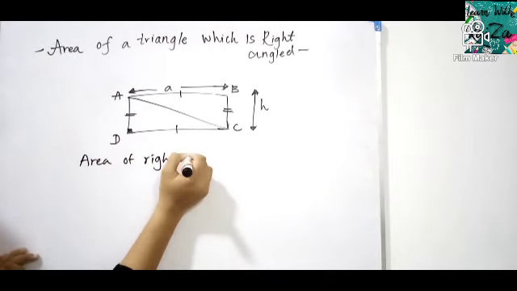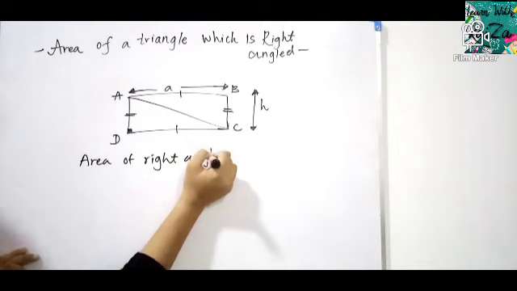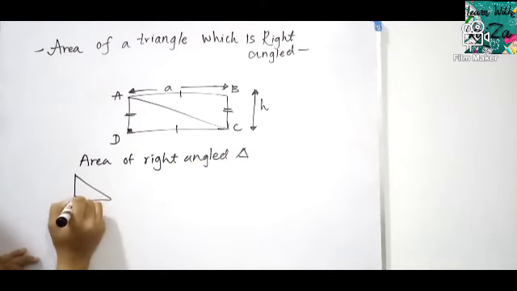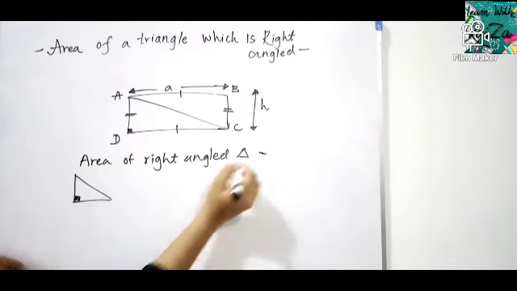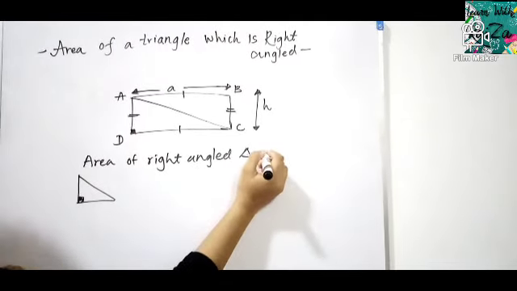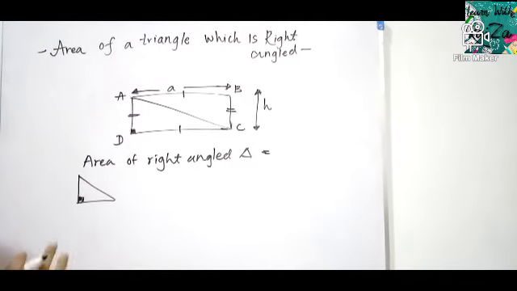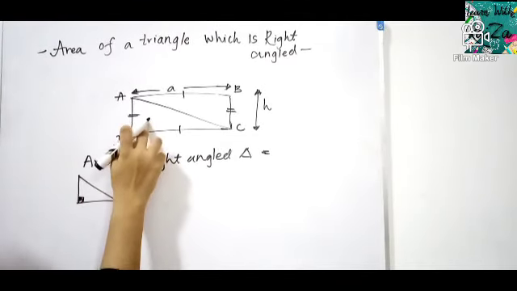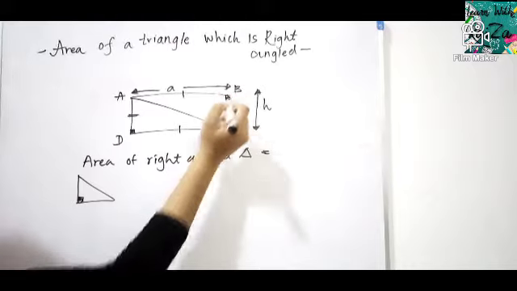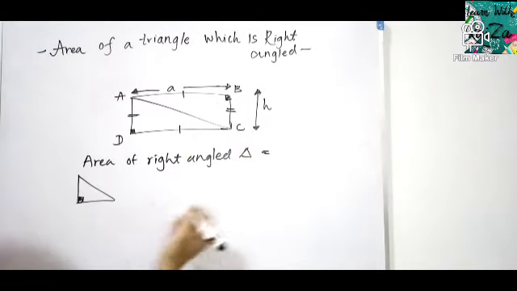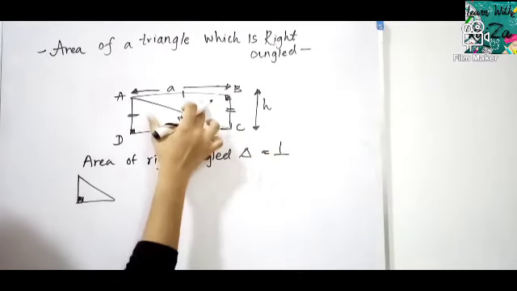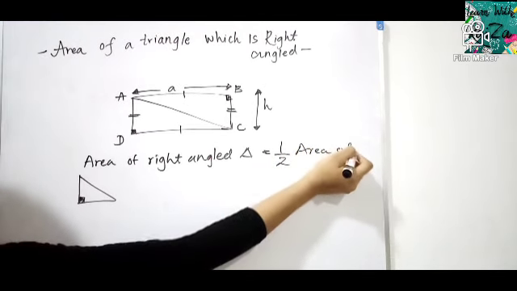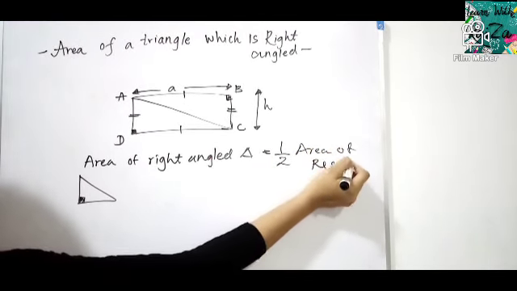Do you know what is right angle triangle? When the angle is 90 degree. It's like this right angle triangle. So here, children, remember the equation is, I said you 2 triangles you can see, okay, both are right angle triangle. So area of a right angle triangle is equal to half. Why do I say half? Half area of rectangle. Very simple.